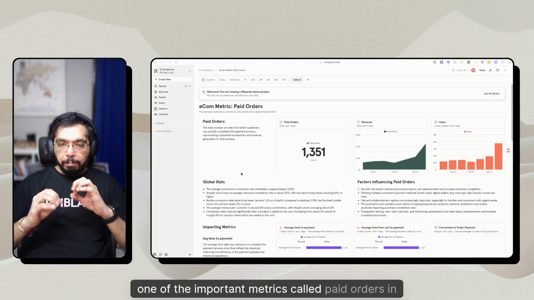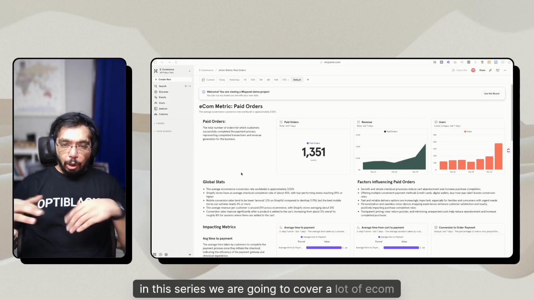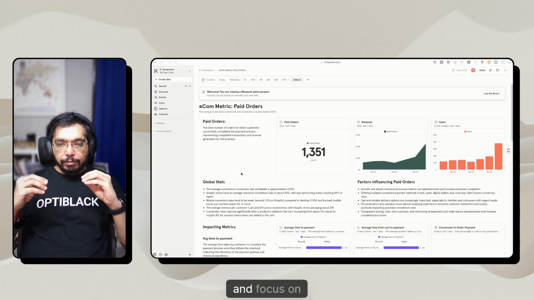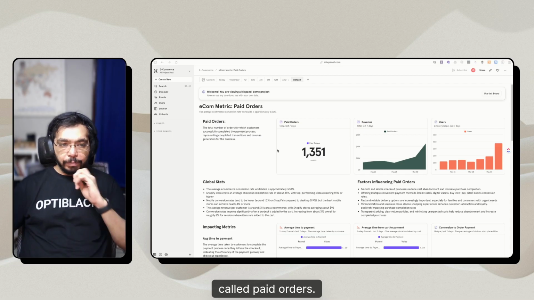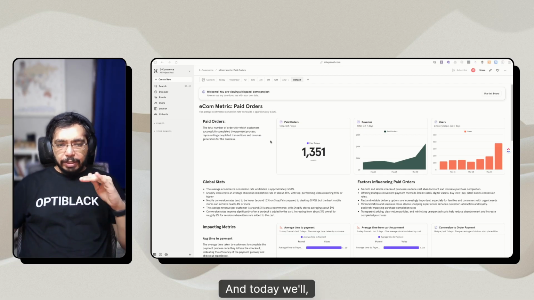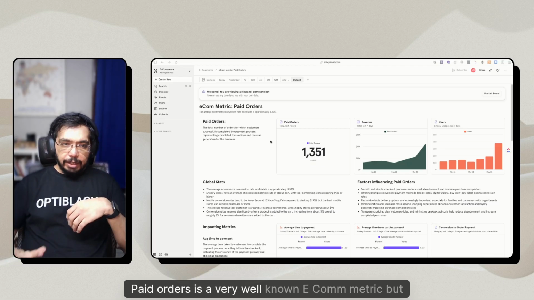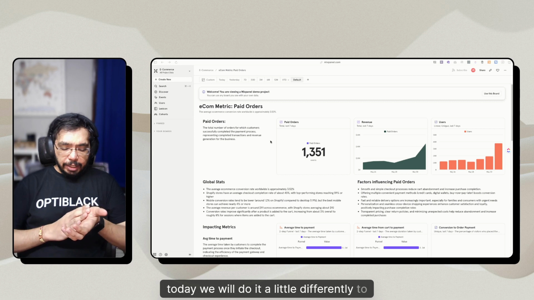Today I want to cover one of the important metrics called paid orders in eCom. In this series, we are going to cover a lot of eCom metrics, and today we want to start and focus on one of them, called paid orders. And today we will do it very differently. Paid orders is a very well-known e-com metric, but today we will do it a little differently